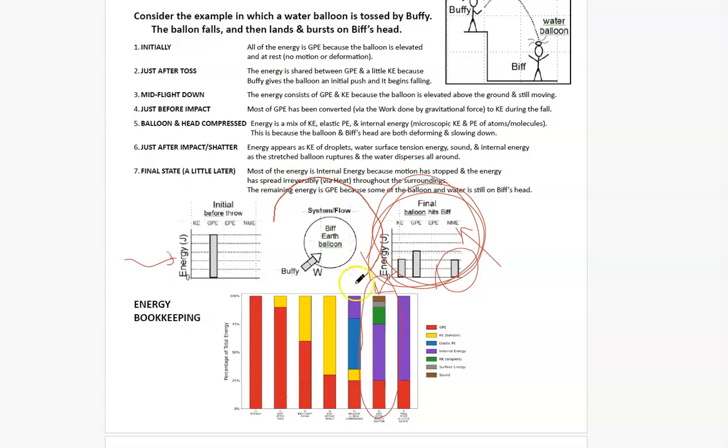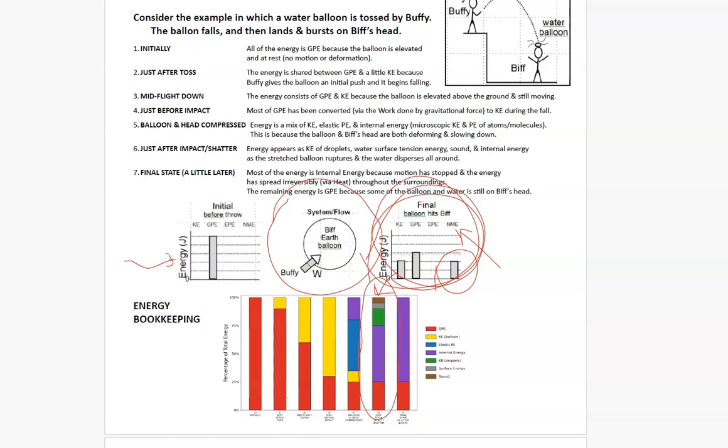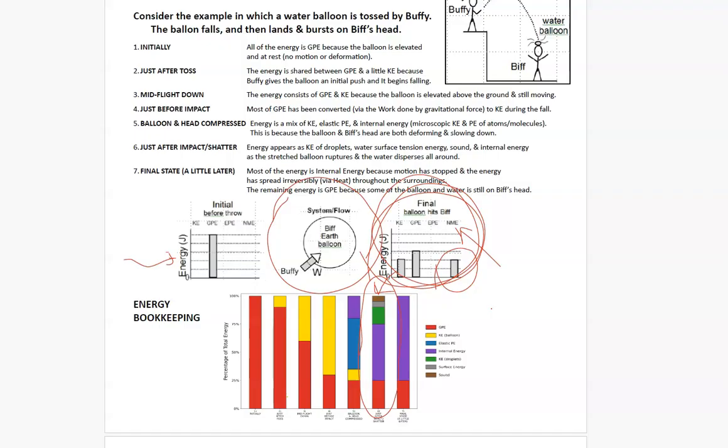And in the middle, we have this system flow, and what it's saying is our system is essentially consisting of everything except Buffy herself. And Buffy provides the energy to perform the work that moves the balloon in the air. So Buffy is performing work on the balloon that gets this whole process started and makes the energy transfer from one packet of energy to another to another. Okay, so now that we've looked at a fairly complicated example of how energy can redistribute from one packet to another packet,